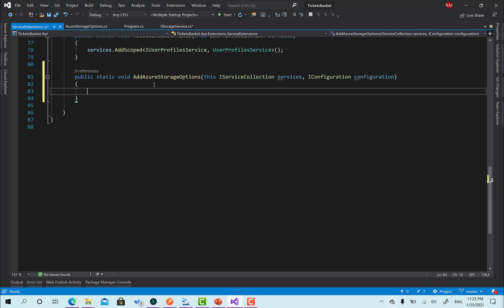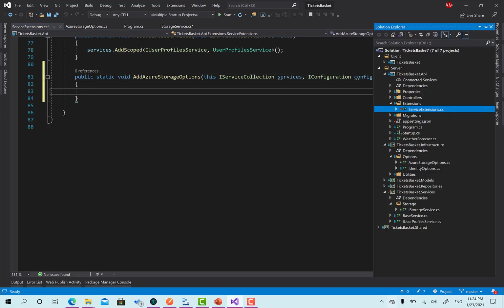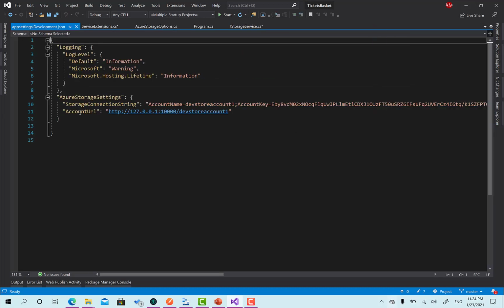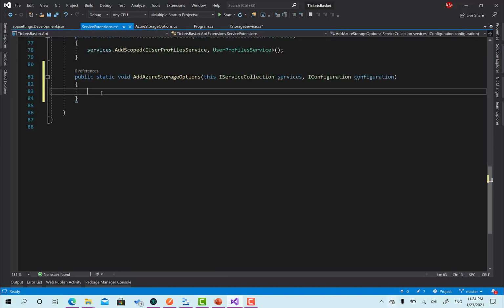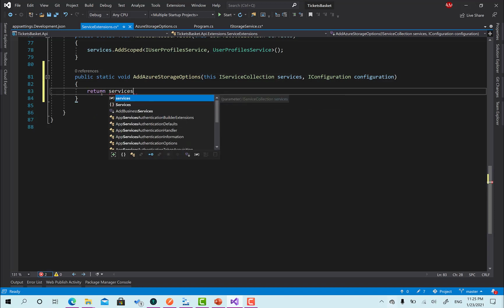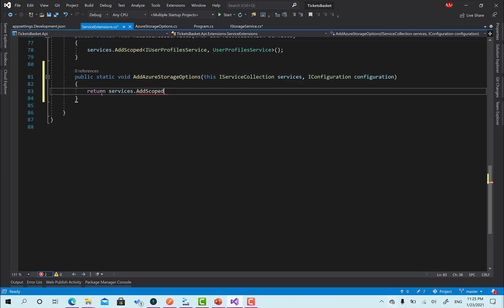Now let me go ahead and bring the options from the app settings. To do that, I'll be able to convert the whole section from the app settings JSON into the Azure Storage Options, because they have the same property names. And to do so, I can say return services dot add scoped, or yeah, sorry, there is no return. Basically, I want to register Azure Storage Options. So SP,